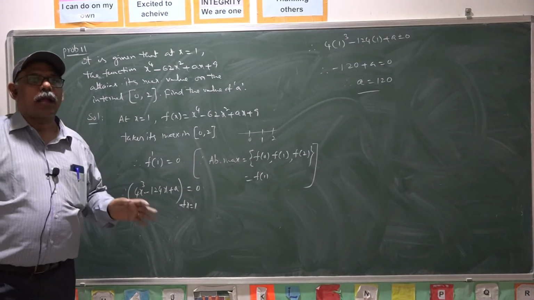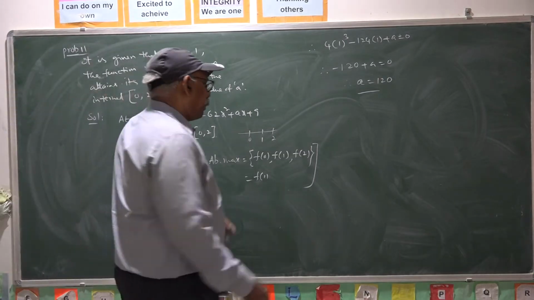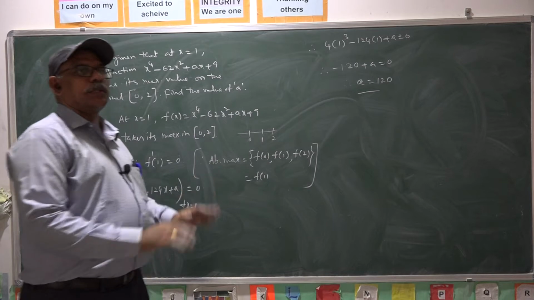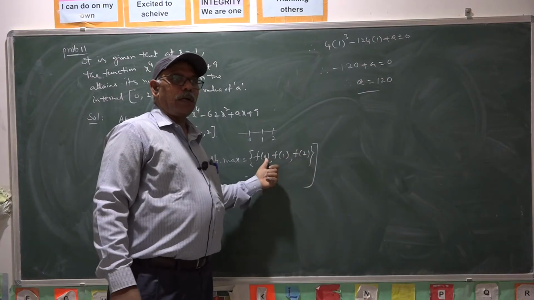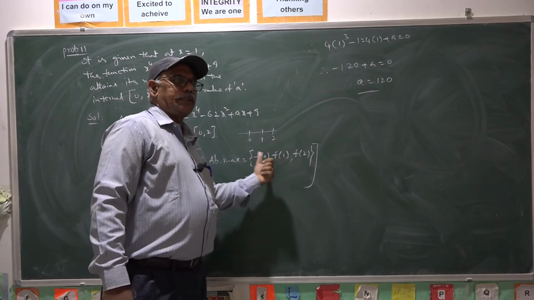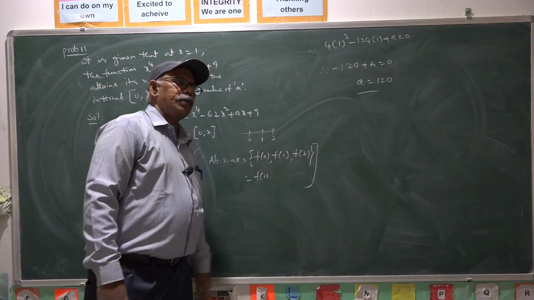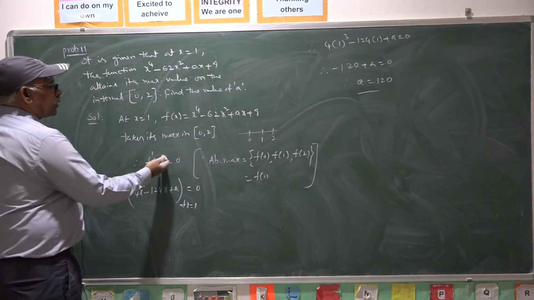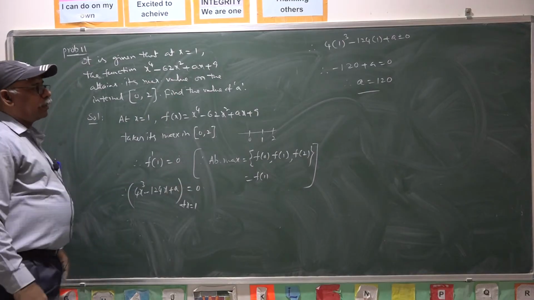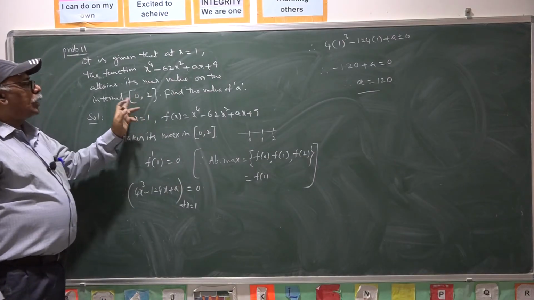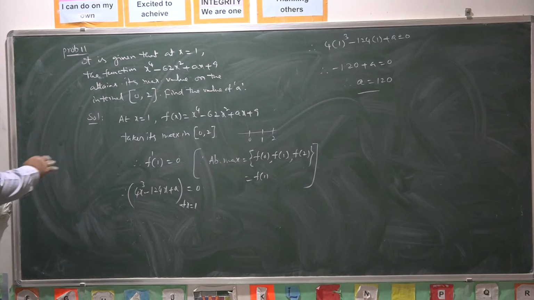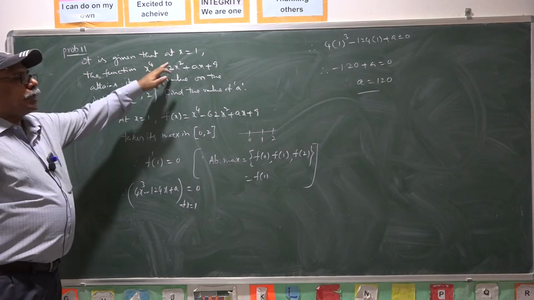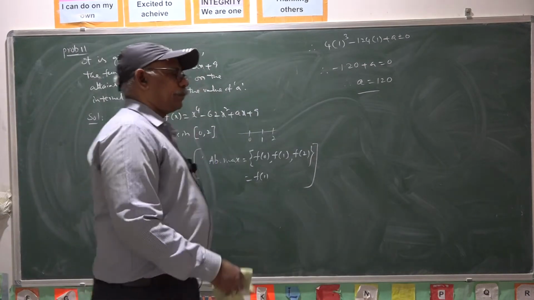Since the absolute maximum or absolute minimum is obtained by the functional values, either at the ends of the interval or at critical points, the absolute minimum and absolute maximum exist. Hence, it must be the critical point. One must be the critical point here, because one is not at the ends. One does not coincide with the ends of this interval. It is certainly a critical point. There only the maximum or minimum exists. Here, as per data, it takes its maximum at x equal to 1. Hence, the first derivative must be 0.